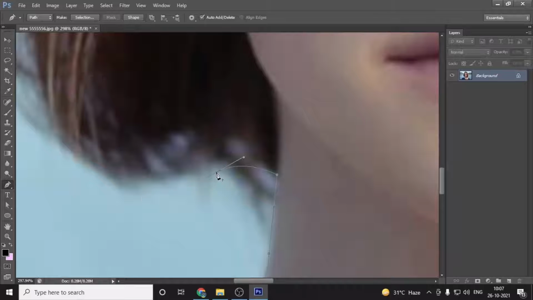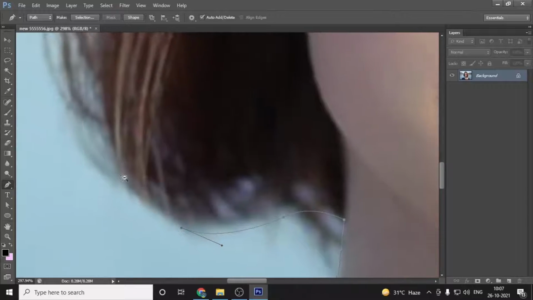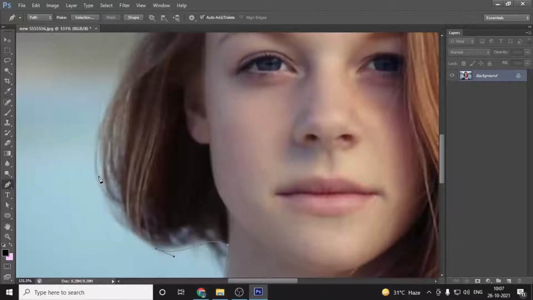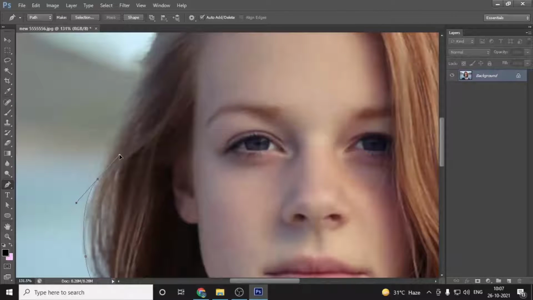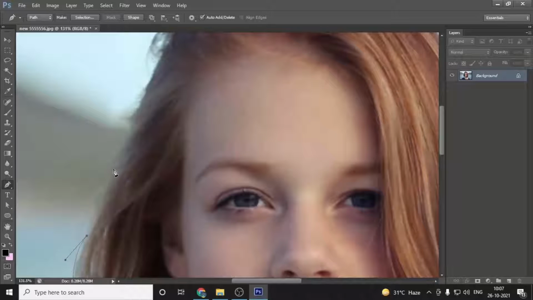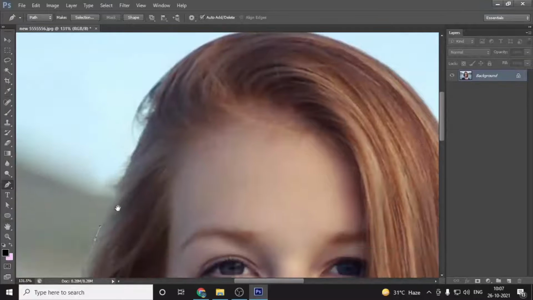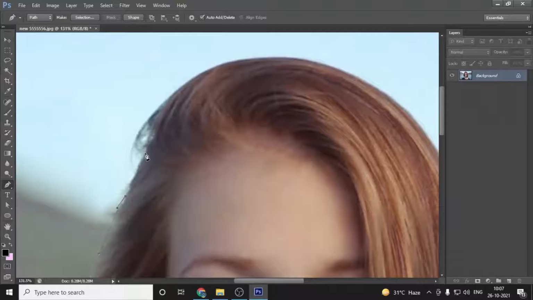Before that, I showed you how to remove a background without using Photoshop. That is also usable, but sometimes you need to use Photoshop manually because those removal software are not able to remove exactly what you want, because their AI works on an algorithm, and that algorithm has limitations.